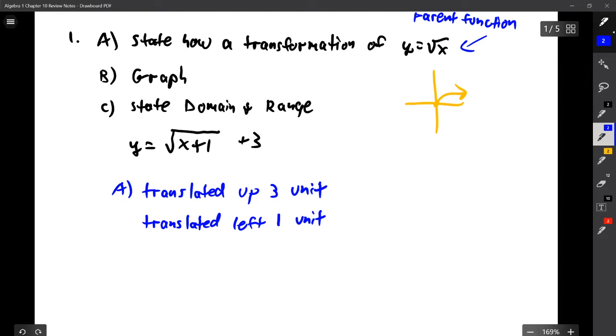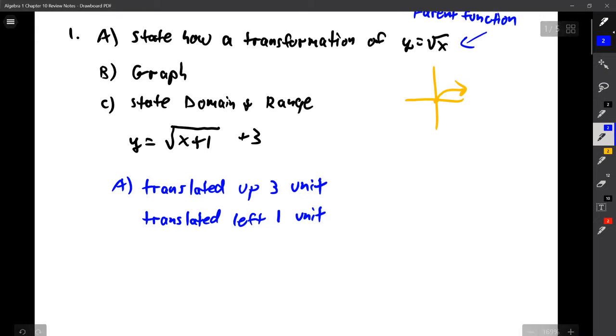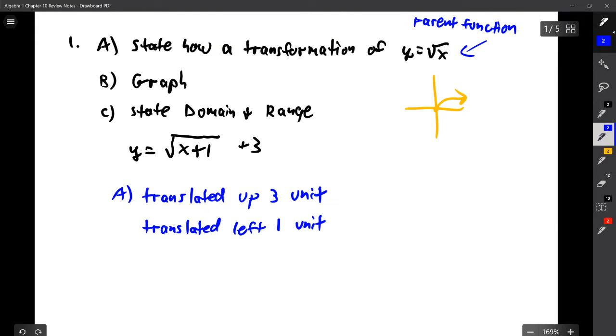Now that should seem a little odd, because left is the negative direction. Why would adding inside move us in the negative x direction, but adding outside move us in the positive y direction? And it kind of has to do with